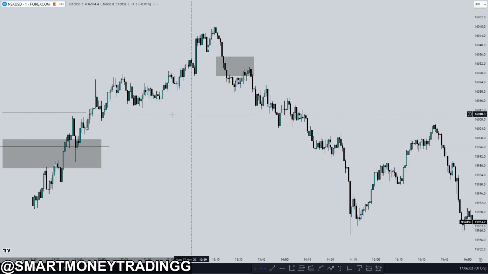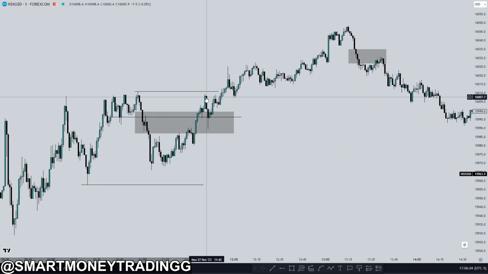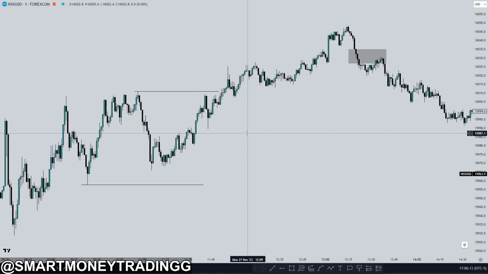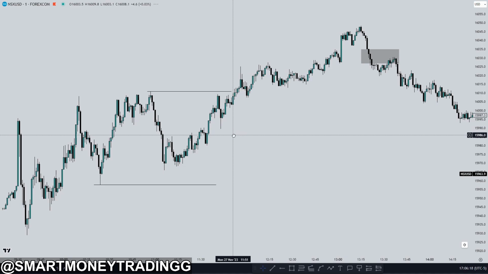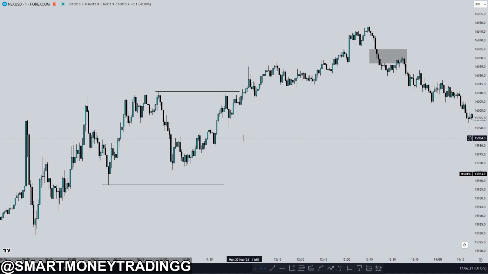Drop down to the 1 minute. You can see price use it as an inversion. We went up, we tapped into it, and we came back down, and we tapped into it, and then we rallied, and we used it with the BISI. So just clean delivery to the upside, and that should have told you enough that the PD arrays were more bullish than bearish. And if there's a bullish PD array and it's being disrespected by bearish order flow, then that means it's going to become inverse, vice versa